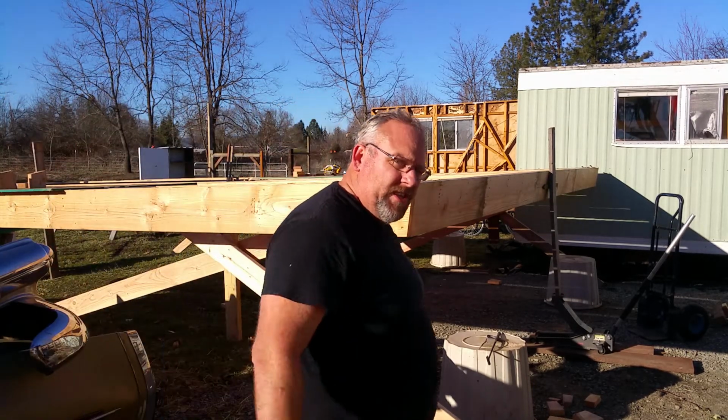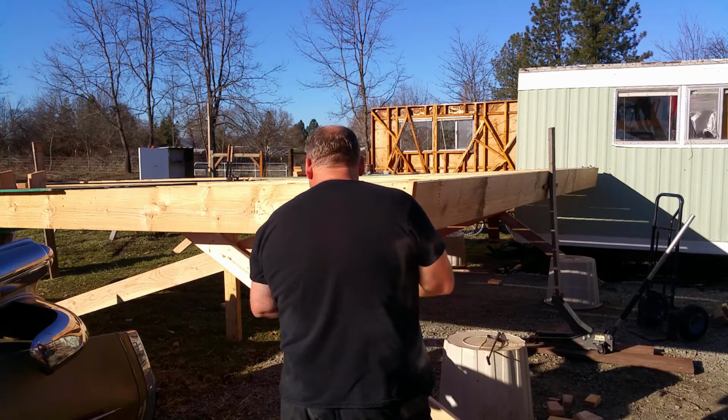Alright, so now I'm going to adjust this side here, and it'll be back up in the air, or back